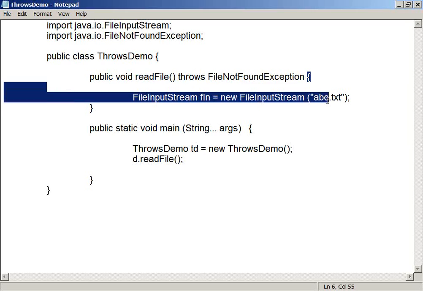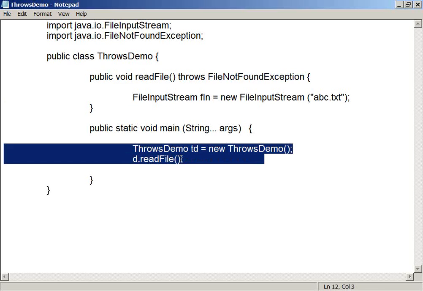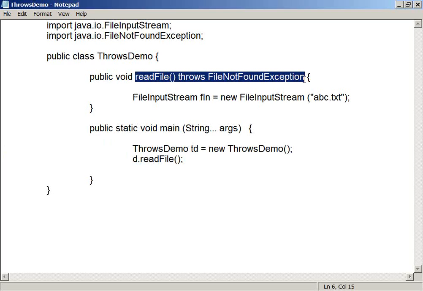Whatever code I have inside me may raise this kind of problem, and I am not responsible for handling it. This is the headache of the caller. It is up to you whether you want to handle this or not. This is simply forwarding this problem. Instead of handling it, this read file method is simply forwarding this problem to its callers.